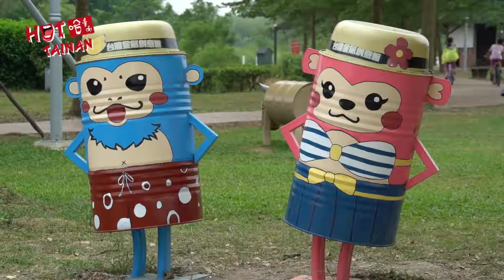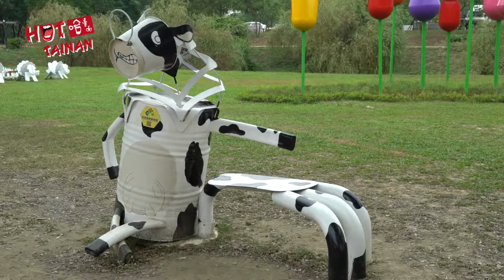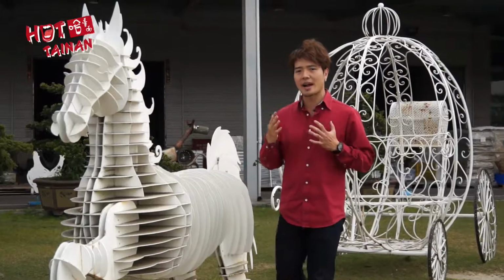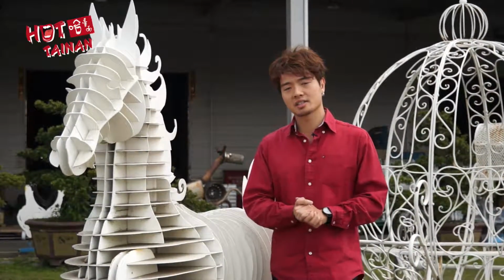That's right. We've seen these adorable cows at the Yuanpi Reservoir, and they're made using old oil drums. You know, many of the sculptures in this factory's garden look awfully familiar, and you're not wrong, because this factory is actually responsible for a lot of the sculptures you see out in the city. David, 可以来参观一下我们工厂的生产制程。